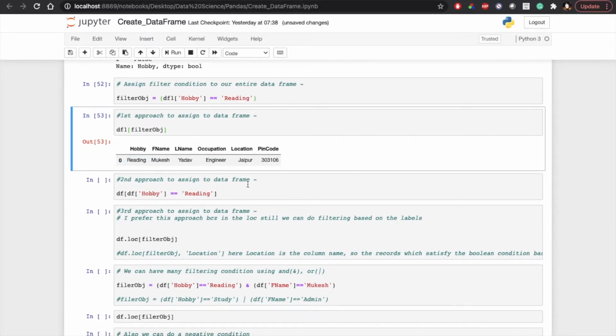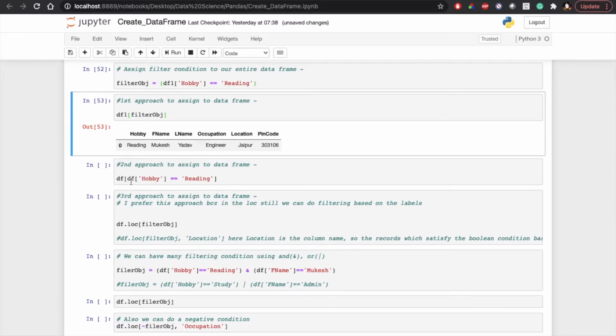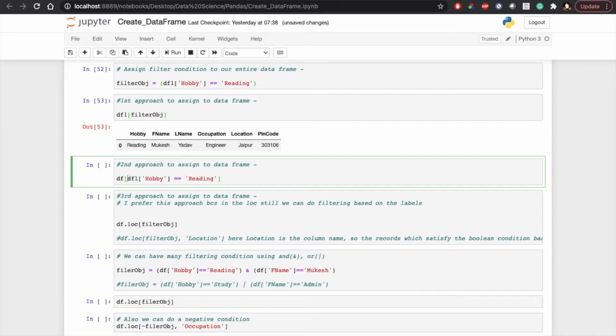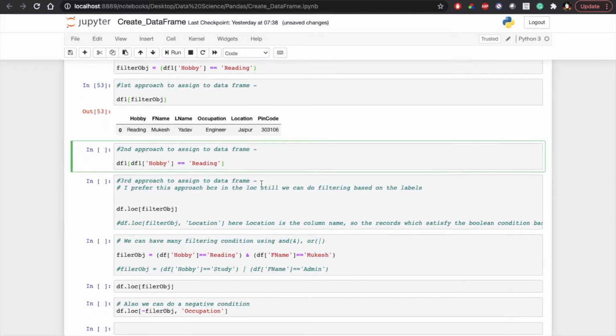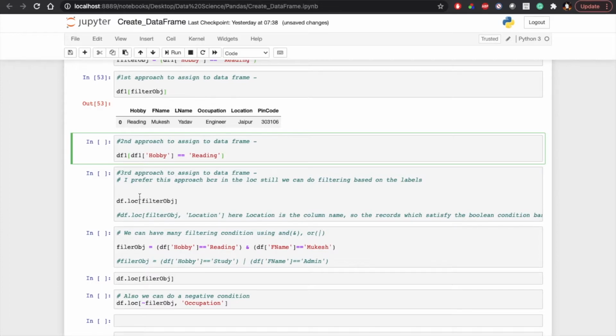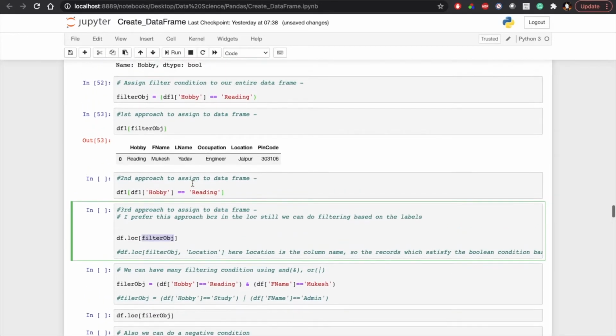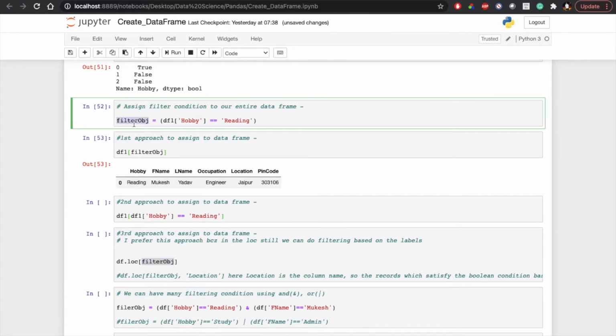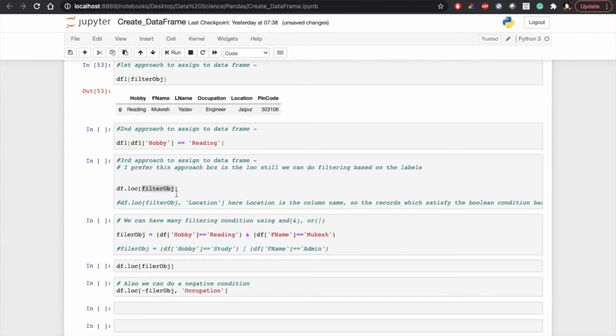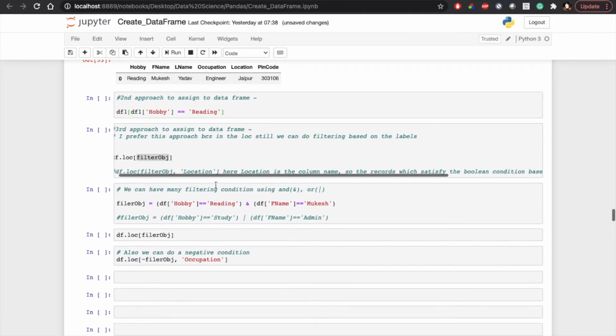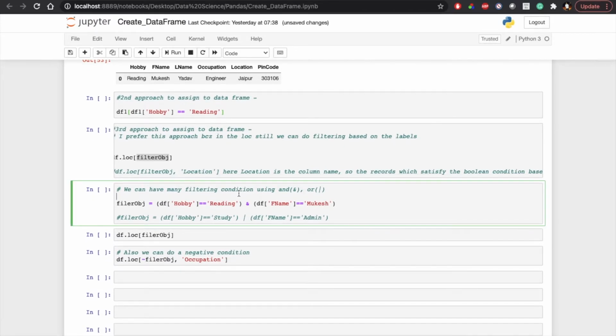Now the second approach for assigning to a data frame. I write df hobby equals reading, and I can pass it to df1, and we can use the loc function. Inside the loc function we can pass that filter object which we created here. Simultaneously we can use multiple conditions.